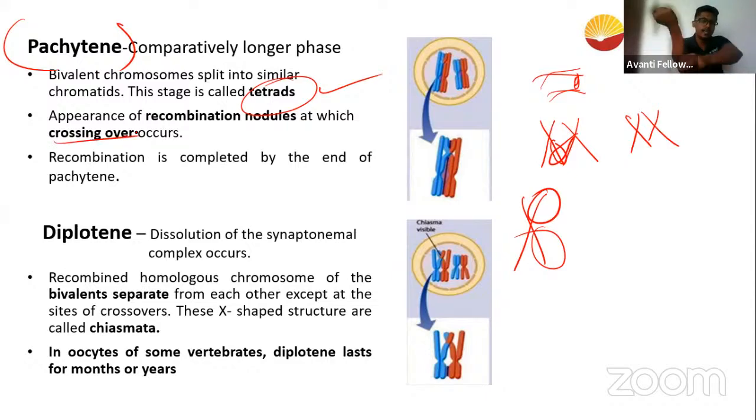Crossing over. Once they have formed this crossing over, they're not just one above each other. So I can tell you, guys, is it given here? No. Let's say that this is one chromosome. This is another chromosome. Now, what has happened to these? They are overlapping. So when they're overlapping, let's say that, sorry,